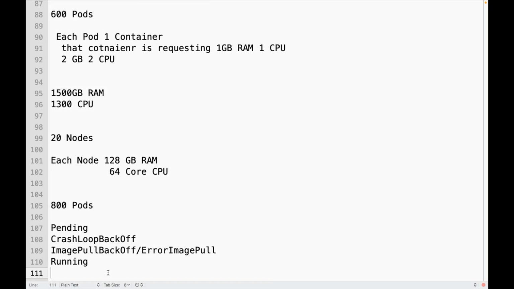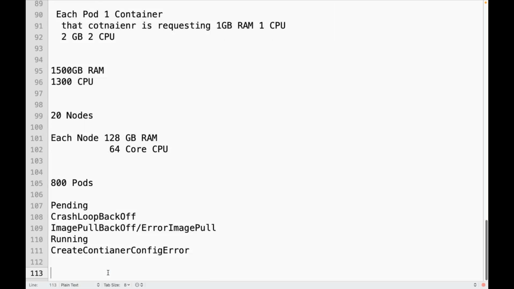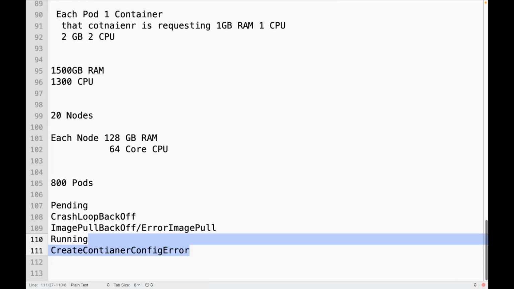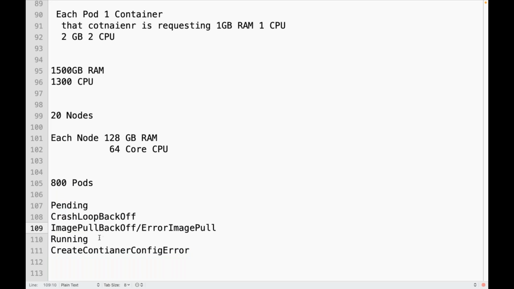Another one is create container config error, some configuration errors. We have these types of errors. In which state should my pod be, so that my application is up and running successfully and the container is successfully started in that pod?